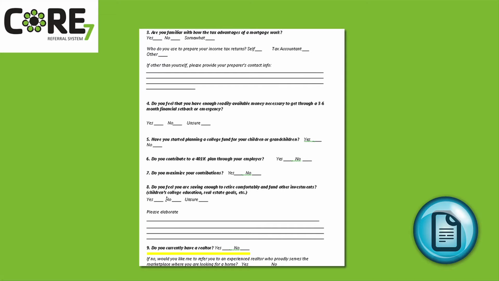Question number 9. Do you currently have a realtor? And if not, can I refer one? This is a pretty self-explanatory question, but is a good lead-in to introduce your Core 7 realtor, especially on a refinance loan. You can make the introduction for a comp check and value opinion, especially when you need to know the value necessary to see if the loan is feasible. The script for this is,